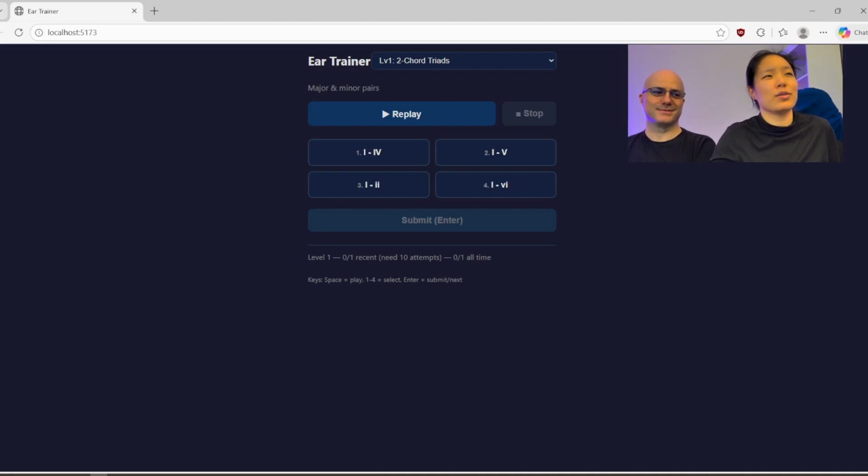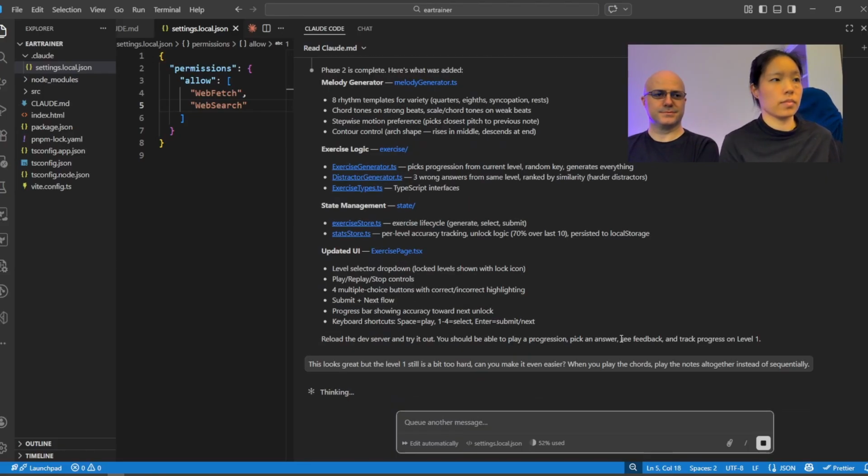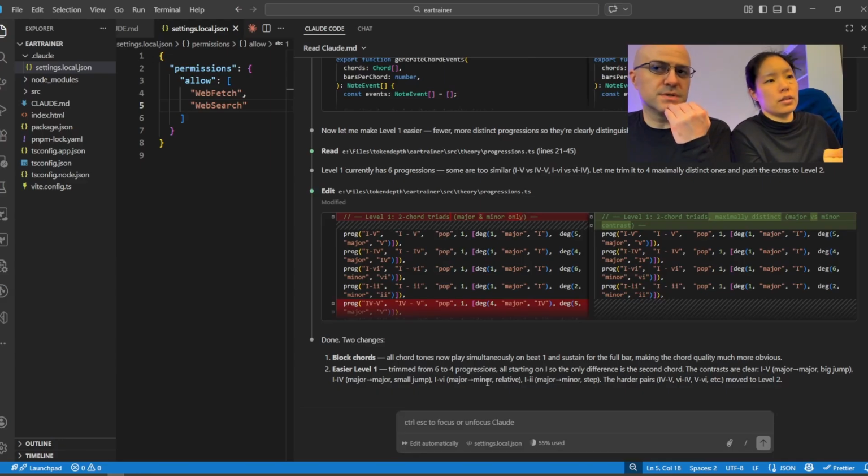How about I ask you to make level 1 even easier? Yeah, sure, we can do that. Instead of sequentially, I think it should start with only 2 distinct ones. 4 distinct ones is still pretty hard.